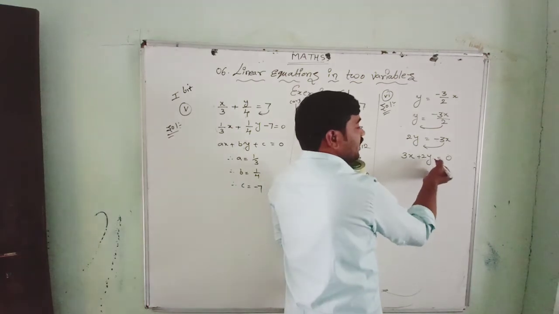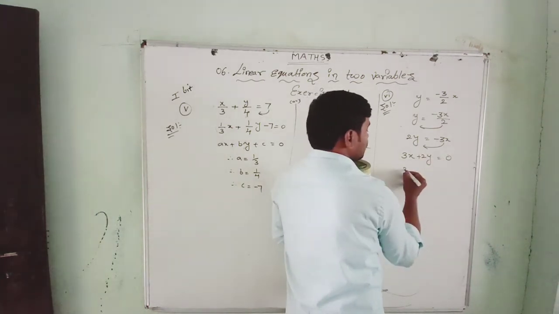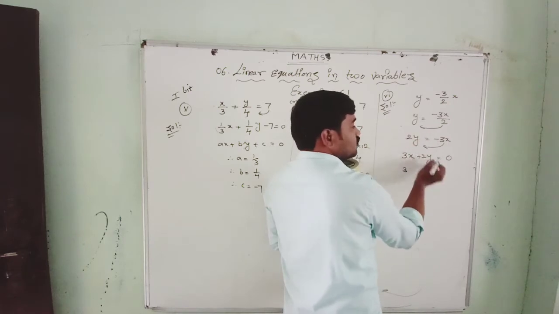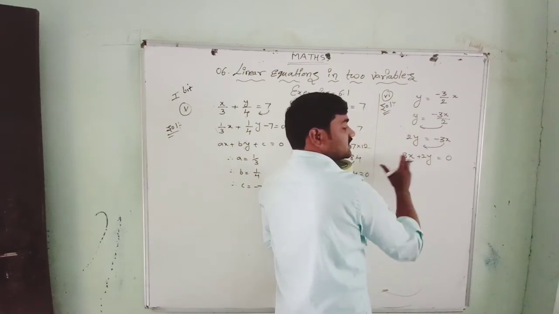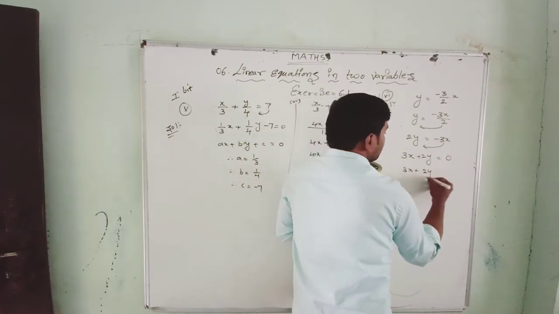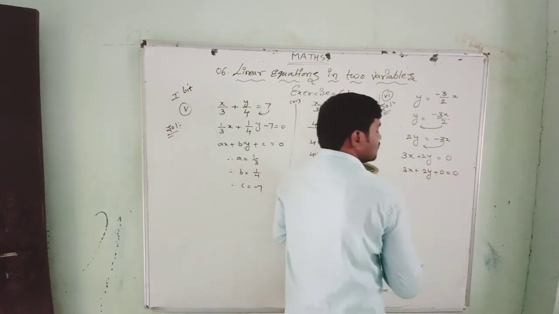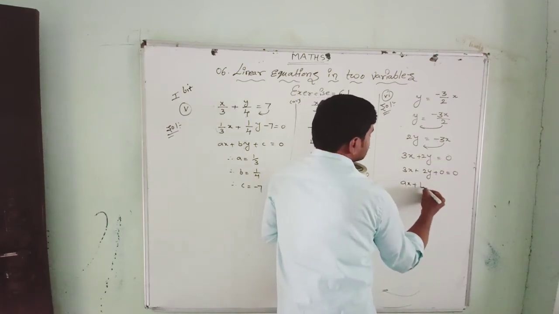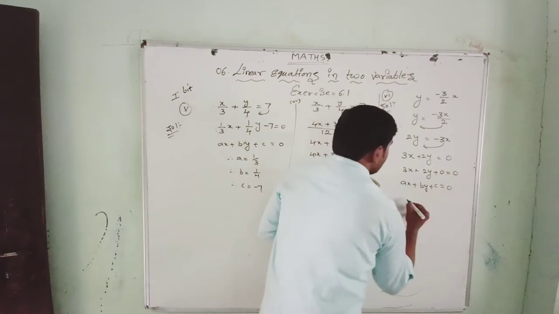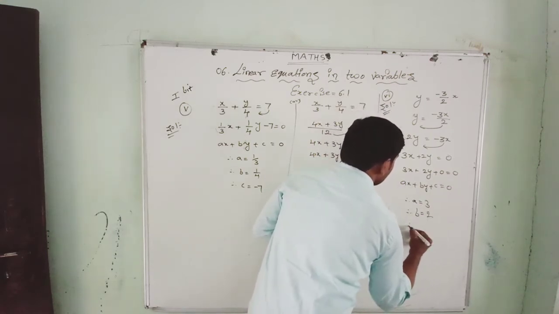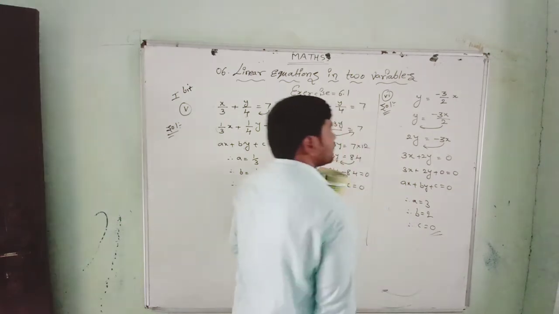Then here see that the opposite of constant term. So we can write here minus 3x become plus 3x. Here however there is a plus 2y. I have written in the standard form: x term, y term, then constant term equal to 0. Now there is no c term, so we put it as 0. Now let us compare this with ax plus by plus c equal to 0, where we get a value as 3 and b value as 2 and c value equal to 0.